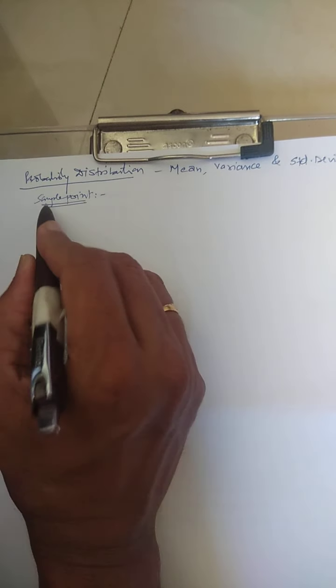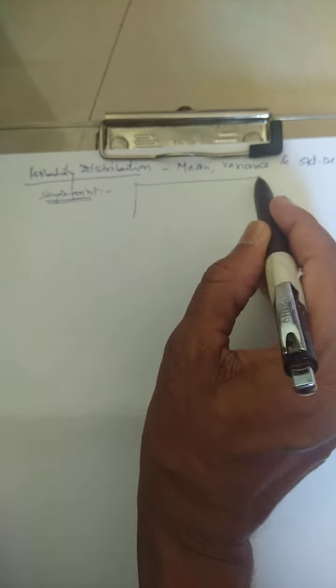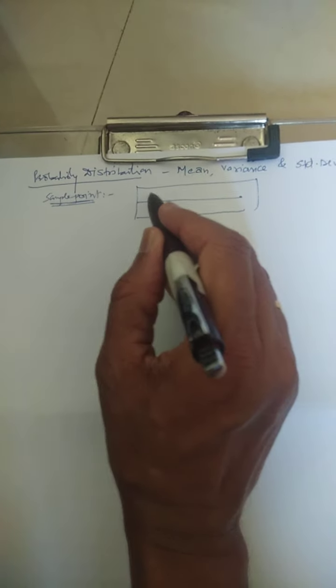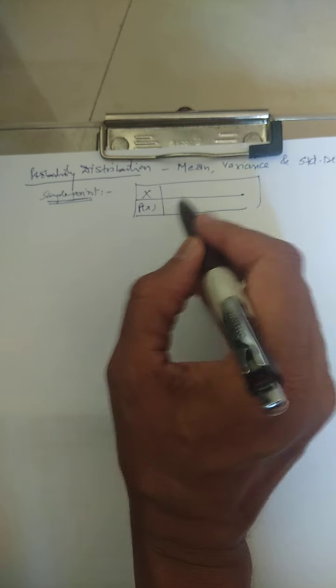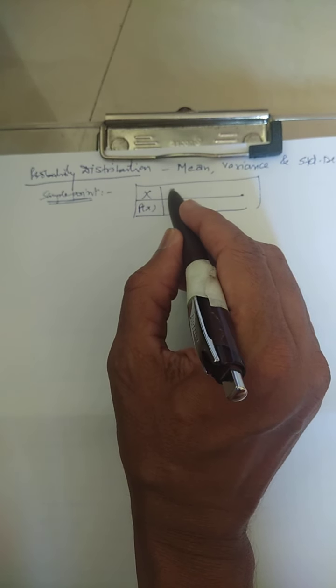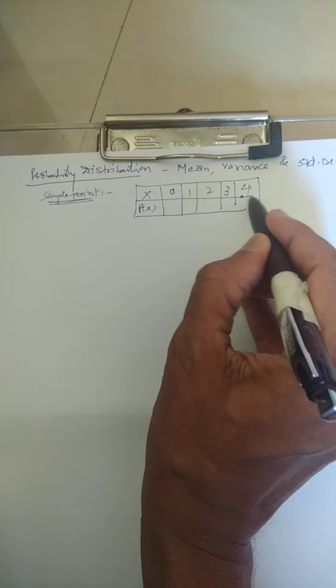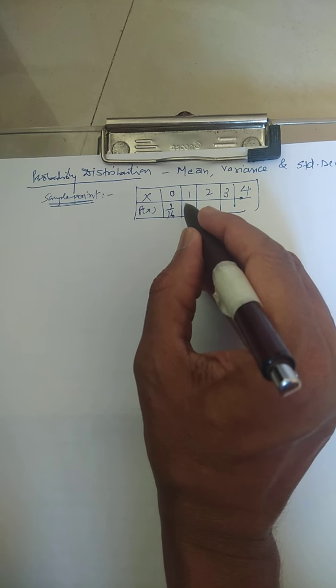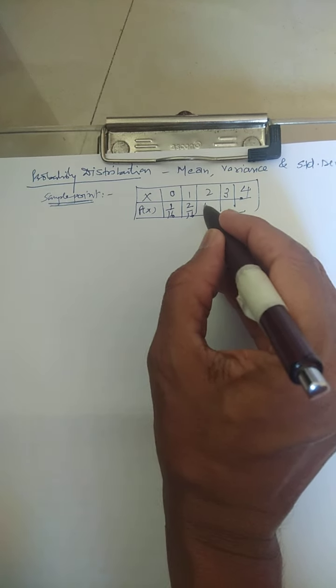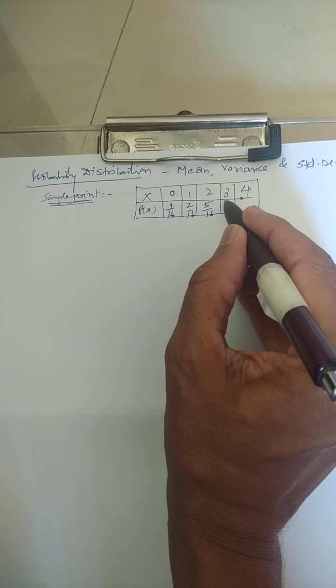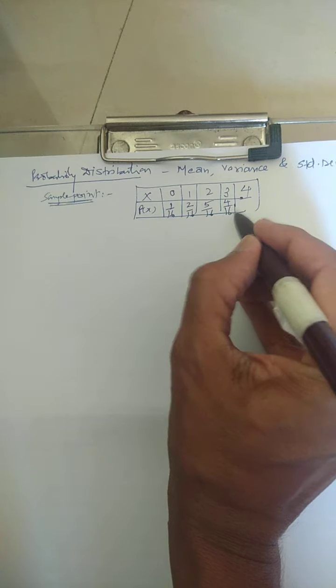If you remember your class 11th remark, there was one concept which we have learned, that is called sample point. In that case, we have got a solution for a certain problem where capital X was a probability and P of X is nothing but 0, 1, 2, 3 and 4. Do you remember this kind of thing? Then their respective probabilities, say it is 1 by 16, 2 by 16, 5 by 16, 4 by 16. What will come over here so that your answer will be correct?